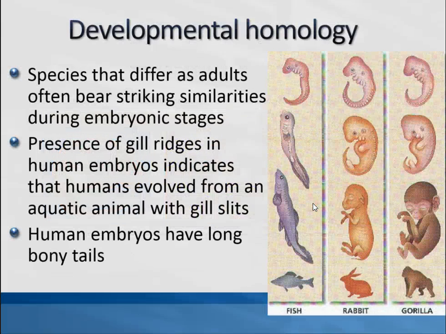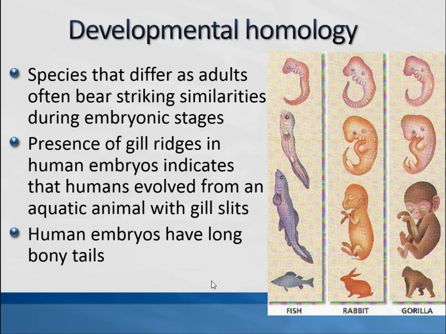Because when you divide up a pregnancy, right, you have the first trimester, the second trimester, and the third trimester. But in the first trimester, you can see big similarities, right? And so these pharyngeal slits are very much like gill slits, right? But they get absorbed, actually they don't get absorbed, they develop into other things. But here's little tails, those get reabsorbed in many animals, or they're shorter, or they flatten out, right, in fish. And so you have